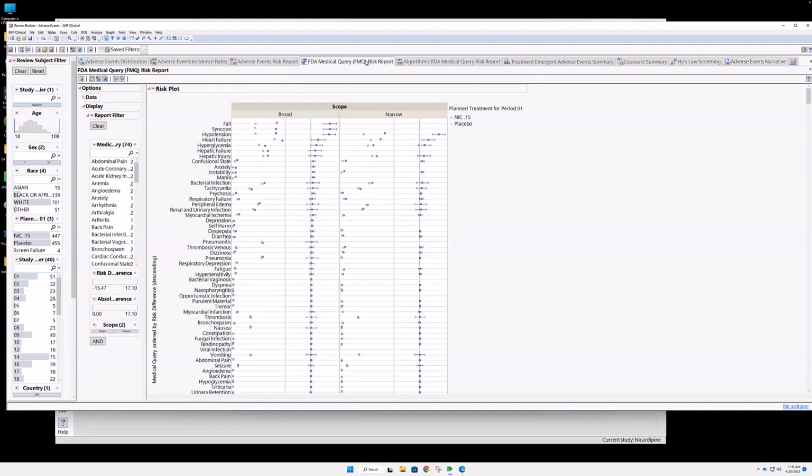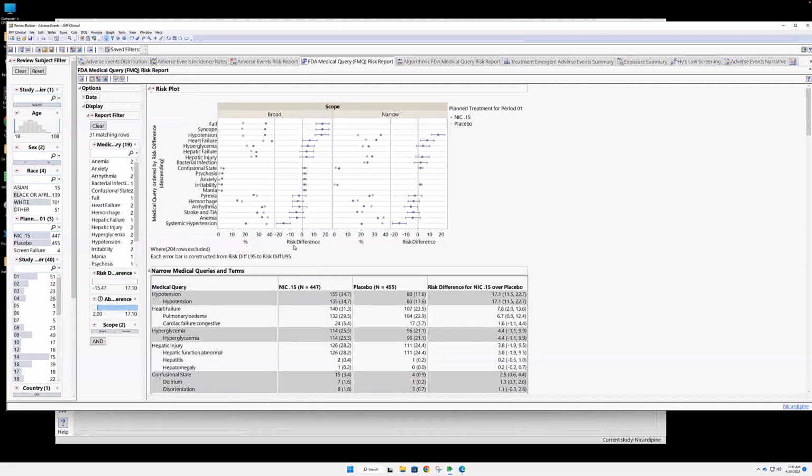So here's the FDA medical query risk report, and I'm going to focus this down a little bit to where the rates of incidence were higher for these. I'm going to look at where the rates of incidence were at least 2%, which is a much smaller group of terms. And you can see that in this study, there was a lot of evidence for hypotension, heart failure, systemic hypertension, which are among the most